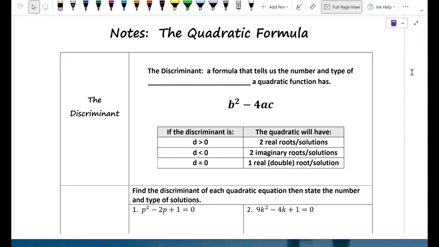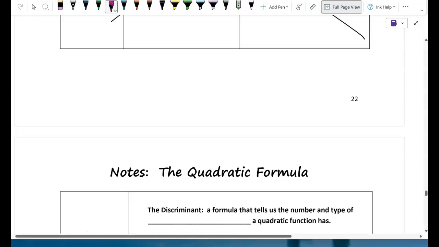So when I'm looking at a quadratic equation, and if I don't feel the other 3 or 4 methods are really good or going to be any faster, I default back to the quadratic formula because this is the one method that can be used in any situation to solve any quadratic. Now, part of the quadratic formula is something called the discriminant. The discriminant is actually, you're going to see in a little bit, a part of the formula. And the discriminant is a formula that tells us the number and type of solutions or roots